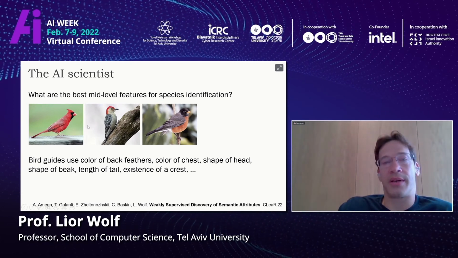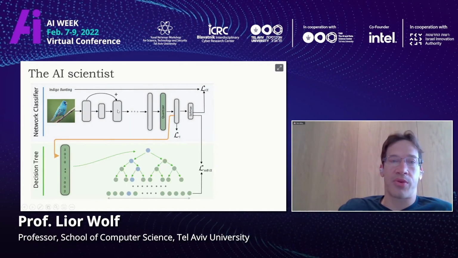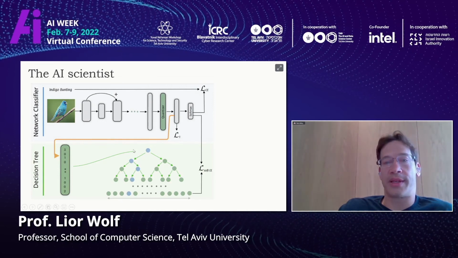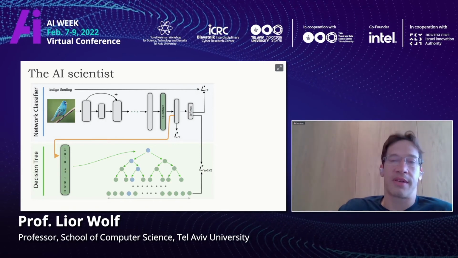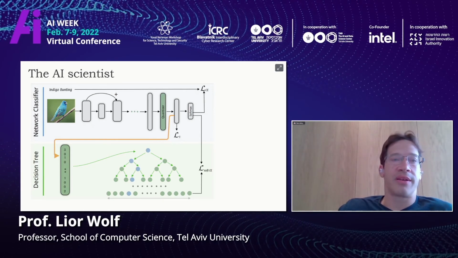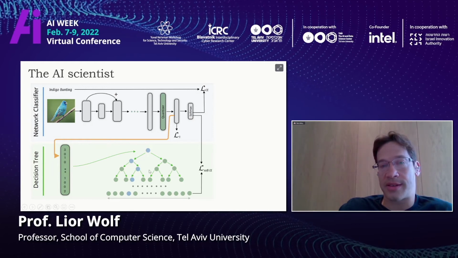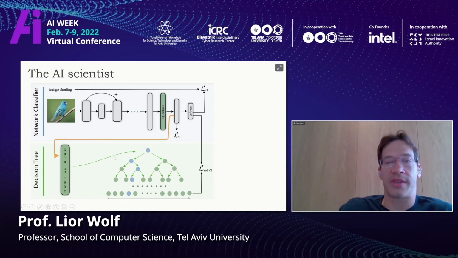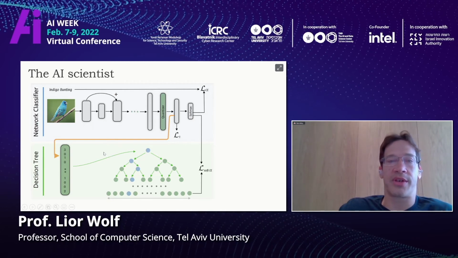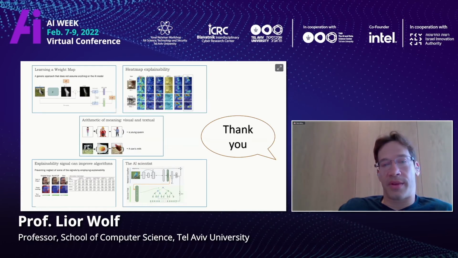and we can discuss with the computer the reasoning behind the decision. The way that this is done is by combining neural networks with decision trees, because decision trees give us very simple rules, and then we are able to benefit from both worlds. And at the junctions of this decision tree, we get these mid-level features that we would like to get. So thank you very much.